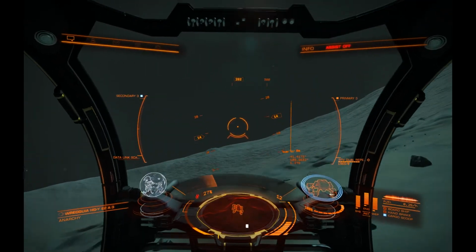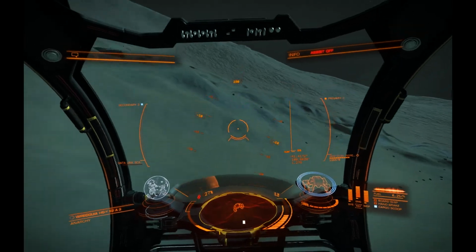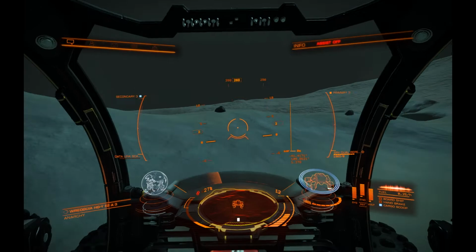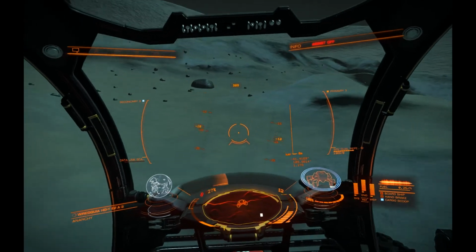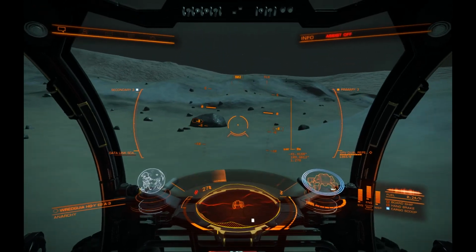This is actually quite a nice drive in terms of the buggy's stability. It's not bouncing around everywhere like crazy. It's actually going really quite well. Oh, there we go. We just got a glimpse of the local star, which is why this...